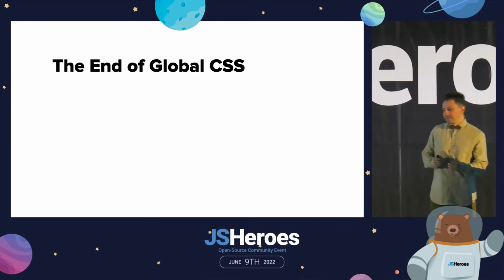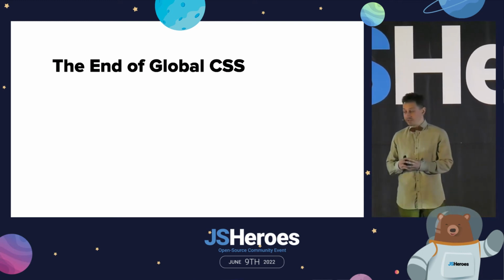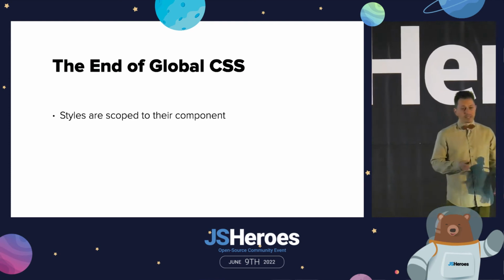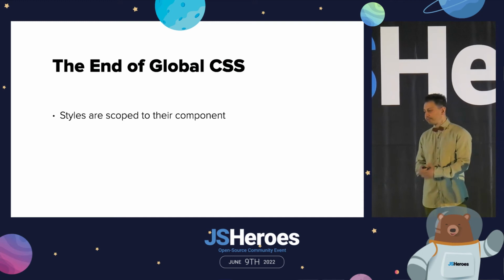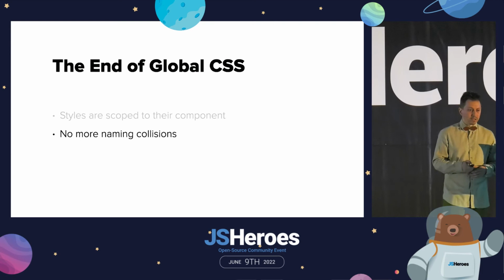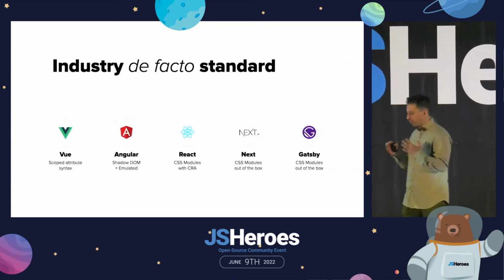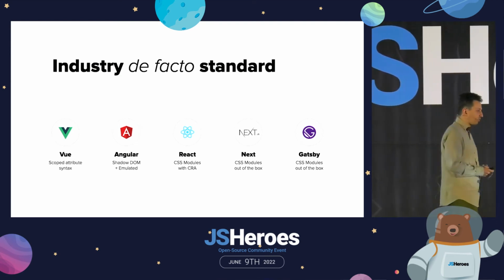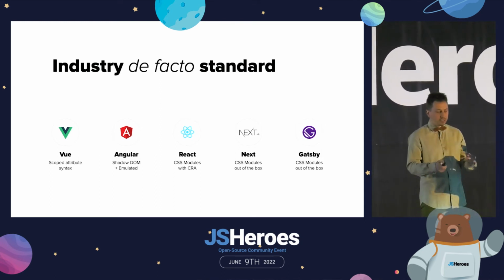And styles encapsulation represents a cornerstone in the evolution of CSS because it represents basically the end of global CSS. We could finally scope our styles to a specific component, to the component they belong to in the first place, and not have to worry about naming collisions within a global namespace. It was so useful and so elegant that it became an industry de facto standard quite soon, being implemented in most, if not all, JavaScript frameworks that exist today.